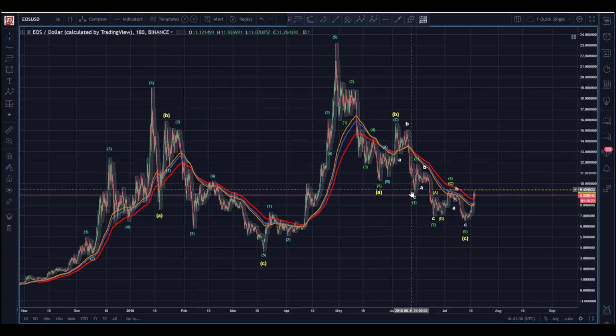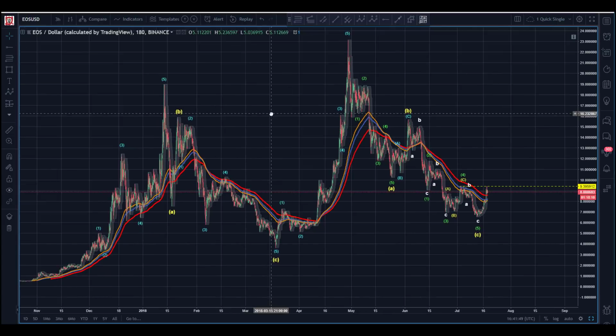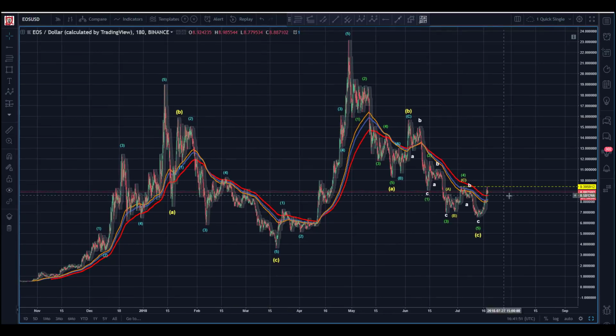We've had a series here of lower lows, lower low, lower low, lower low. And now I'm sitting here on a 3-hour chart. Now we'll dig in a little bit here, but we need to get beyond this pivot here to give more confidence to this as being a good impulse.